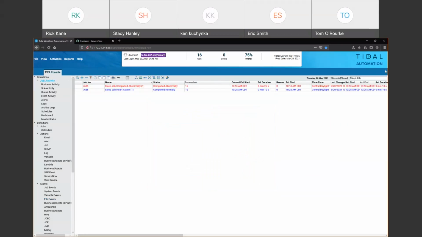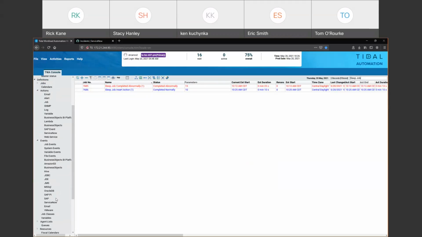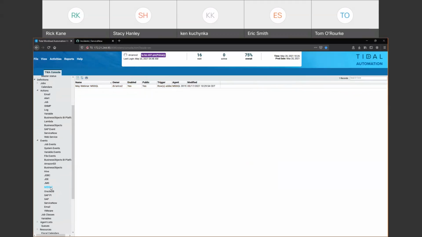Okay, so finally moving on, talking about our last type of job event, and that's going to be the adapters. So depending on the adapter event you're creating, it's really based off of the adapter options that you're licensed for. So obviously, if you've got an SAP adapter, if you have a MS SQL adapter or a JDBC connection, those are ones that you're going to be able to make a job event or an adapter event for. Okay, so for my particular setup here, I just went the pretty simple route. I have an MS SQL event